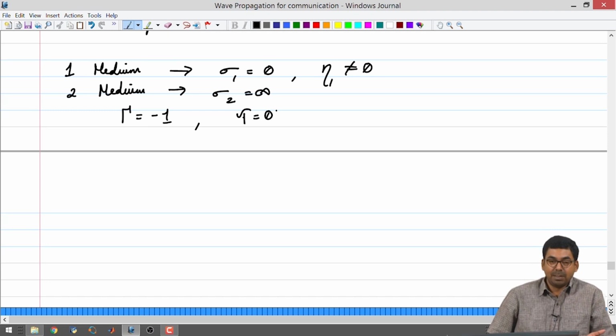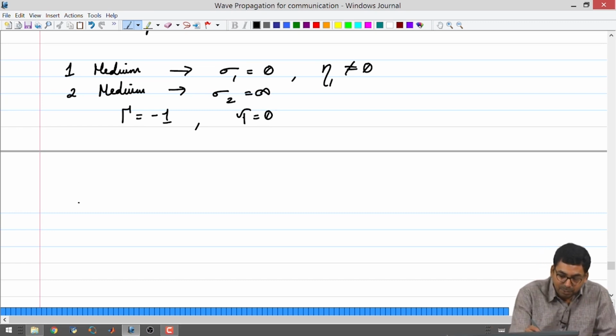Okay. Any wave is not going to be able to penetrate into an infinitely conductive medium, right? So, we say that tau is equal to 0, gamma is equal to -1, and 1 plus gamma is equal to tau for this particular configuration. One could also write down the electric field